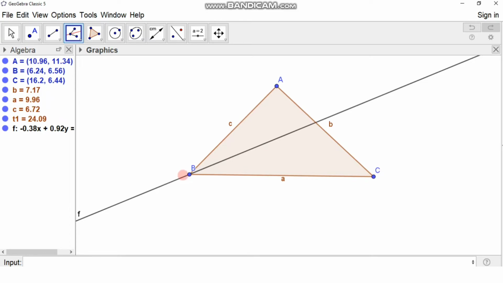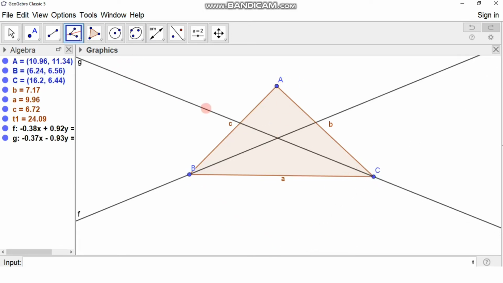In the same way, we can draw the angle bisector of angle BCA. For that, click on point B, then on point C, and then on point A to get this line, which is an angle bisector of angle ACB. So we have got here two angle bisectors of two base angles of this triangle ABC, which intersect each other at one point. Let us name this point as point D. So point D is the point of intersection of two angle bisectors of two angles of triangle ABC.